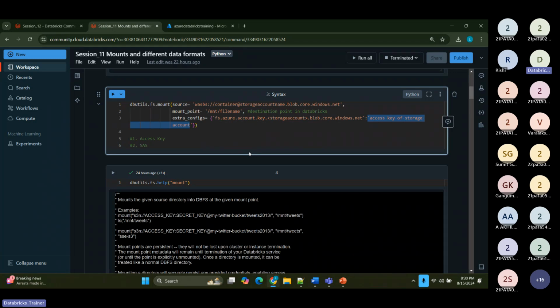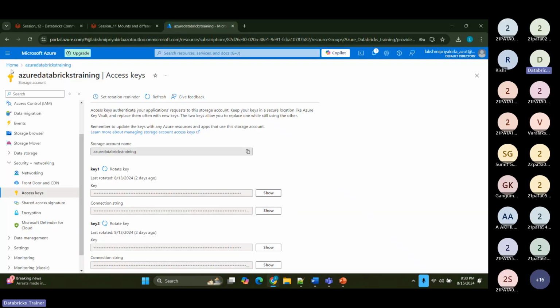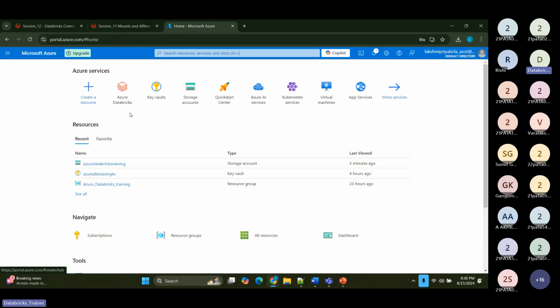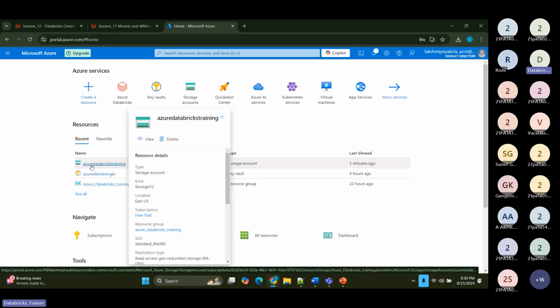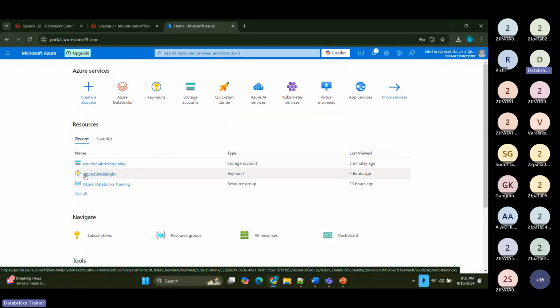Secret scope means keeping things in a hidden way, hiding the sensitive information inside the Azure Key Vault. In Azure, for each and everything you have one tool. For storing things, you have a storage account. I'm telling you one of the tools, but there are many more like this. Azure storage account we have discussed, and the second one is Azure Key Vault. By the names themselves, you will understand